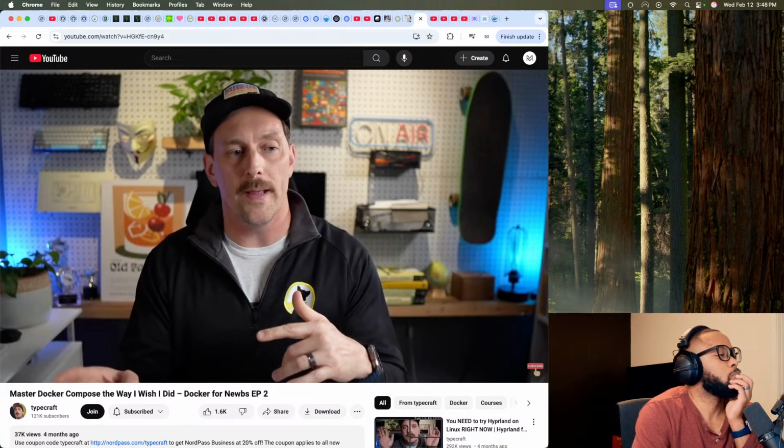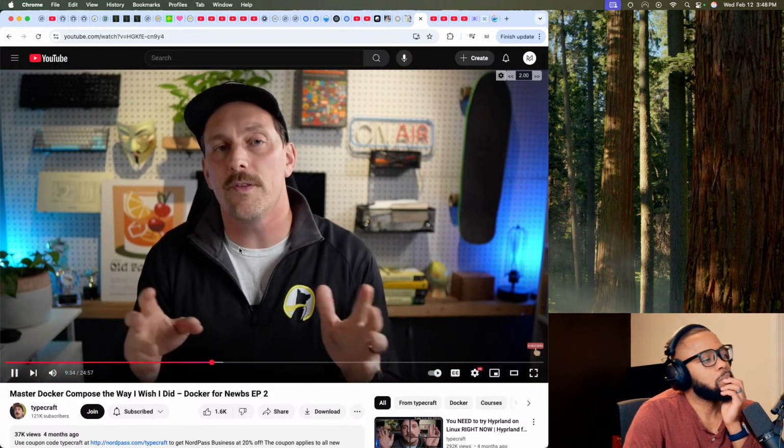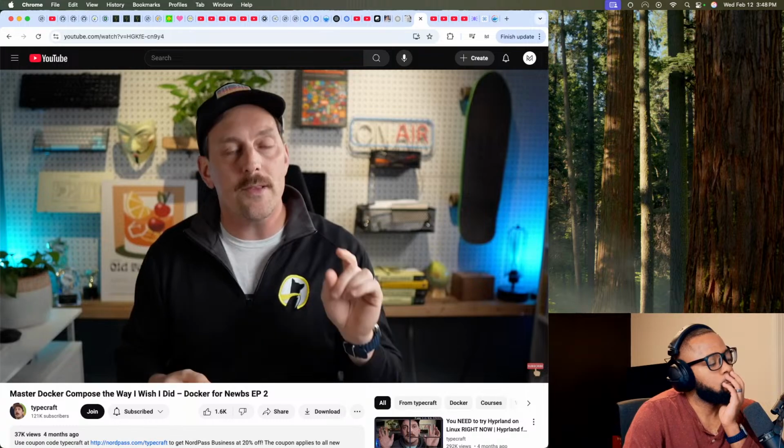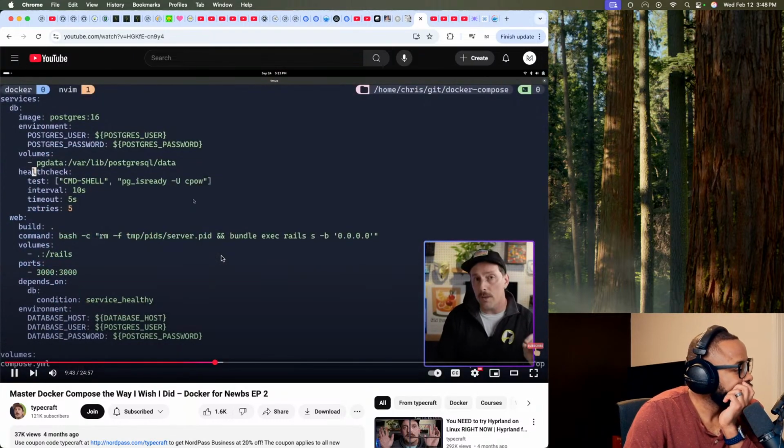Now, in a multi-service setup for a web application, or any application in general, you want to make sure that all of the services that are talking to one another are healthy, or that they're actually running. So that's what this section of our Docker file is doing. We are defining how to run a health check for the database service. So under the health check attribute, we have